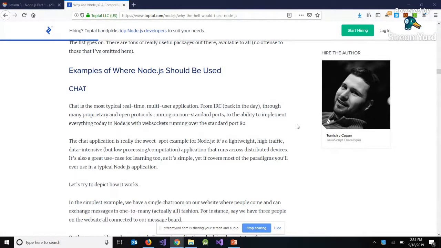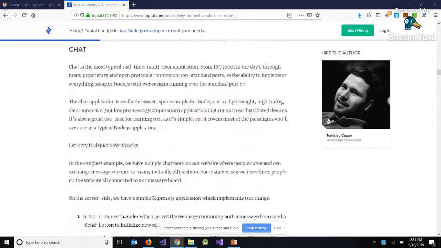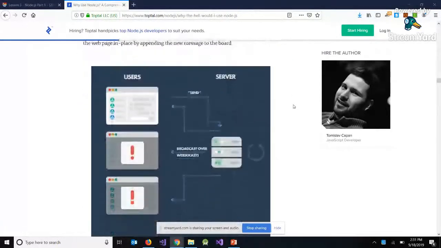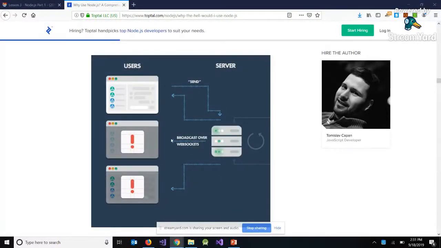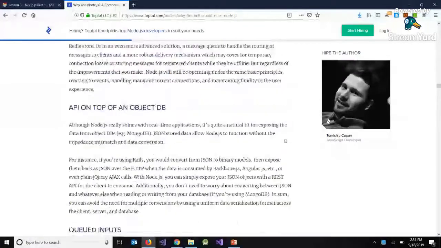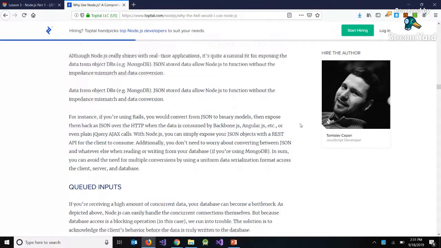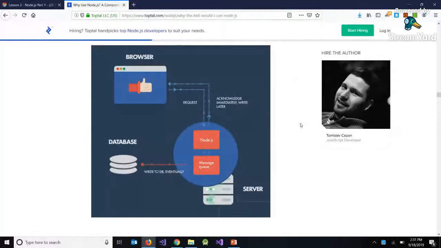Chat is a real-time multi-user application, and the article describes how a WebSocket can be used to broadcast messages continuously in real time. So that's one common example of Node. Node is great for doing APIs that are connected to NoSQL databases. Because everything in Node is JSON, it makes it easy for us to accept incoming JSON requests and send outgoing JSON responses. Some other examples here: